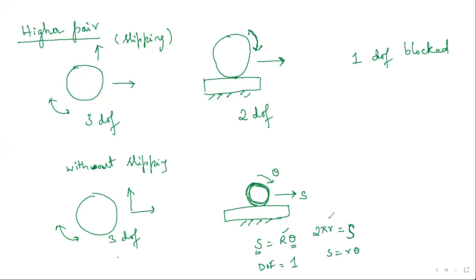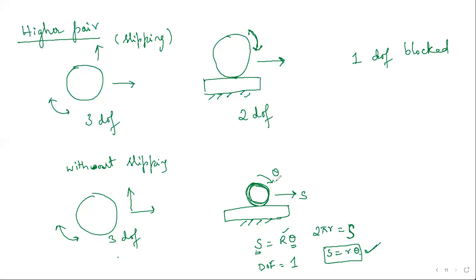It means 2 pi is total rotation. So you can have 3 pi, you can have 4 pi. It means number of rotations can be there. That's why we are mentioning in terms of theta, to make it more generalized form. Or else usually for one complete rotation, it is S equal to 2 pi R.